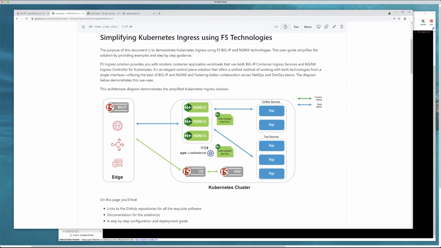I specifically called this doc simplifying Kubernetes Ingress using F5 technologies. This is specifically using F5, and it's really using the best of F5. If you're not familiar, here we're going to focus on BIG-IP at the edge. You could almost treat that as like a Kubernetes gateway or a Kubernetes router with edge services. We're going to focus on using